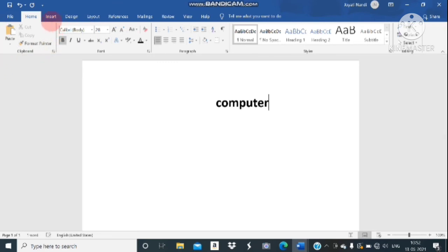See here, first one is the clipboard group, next one is the font group, next one is the paragraph group, then style, then editing. Okay, in the clipboard group, the paste option is available, which I have already discussed. Cut, copy, these options are available. In the font group, first your text can be bold, italic, underline. Then your font face and size are available, all the things are available, which I will discuss later. Okay, so first the option is